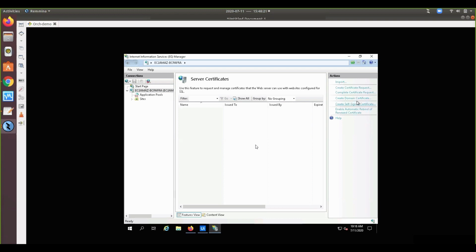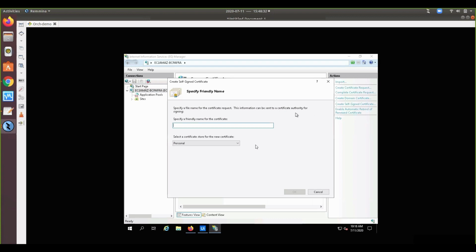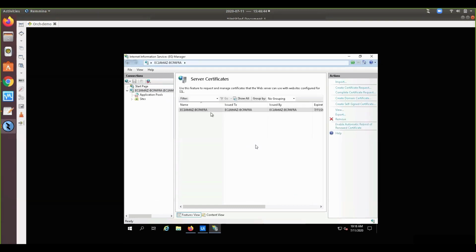If you create a domain certificate, it is valid across your domain computers. If it is a self-signed certificate, then you should explicitly copy this SSL certificate into your robot machines. Whereas in the domain certificate case, there is no need to copy your certificate. So I have simply given a machine name and clicked on OK. My certificate is ready.